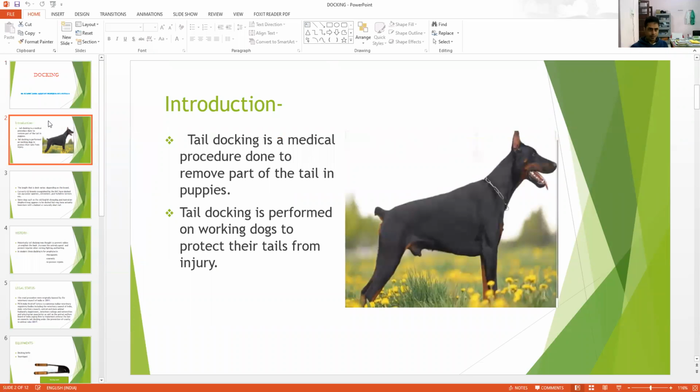Docking. This is tail docking, a medical procedure to remove part of the tail in puppies. Mostly this is done in puppies, and also in larger, mature dogs. Tail docking is performed when any crushing injury is there. It will be discussed later. Tail docking is performed on working dogs to protect their tails from injury. And for this,